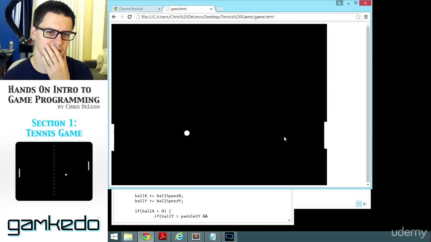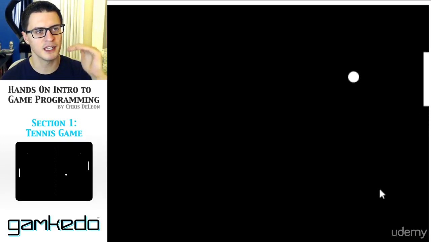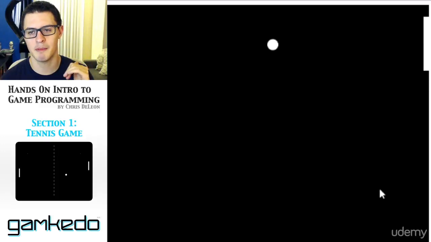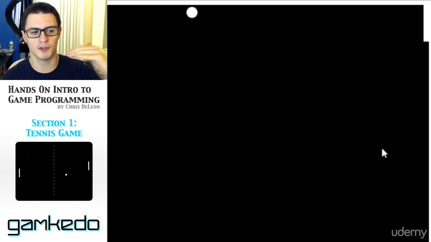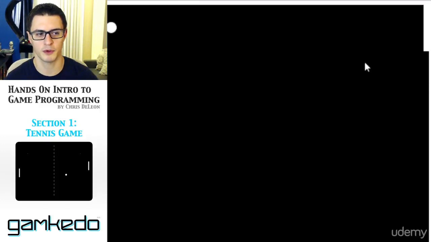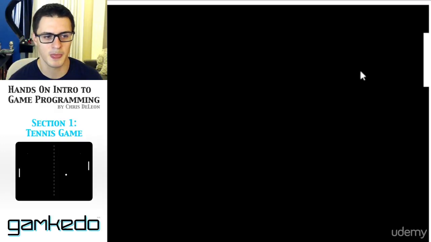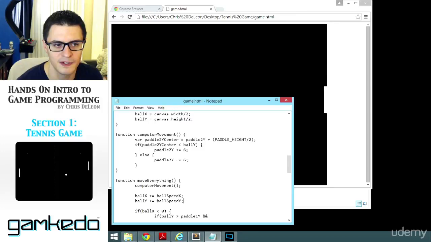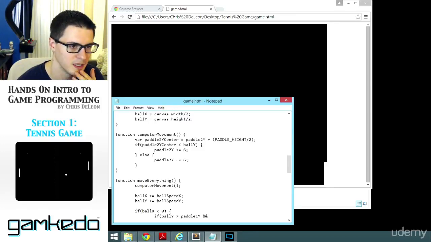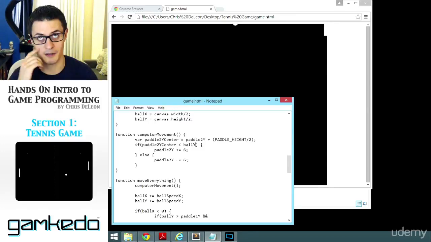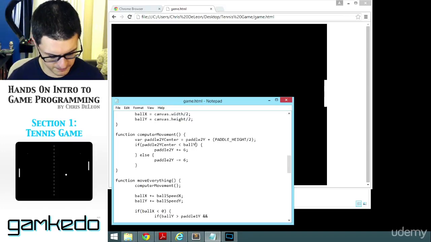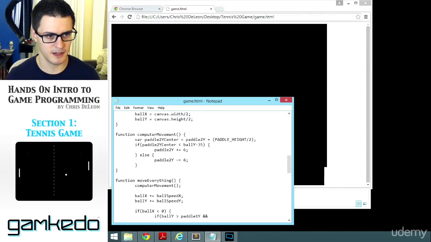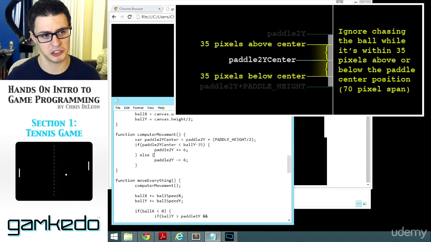Now there's another problem with this though, and you see it's very, very shaky and jerky. Right? And what's happening is it's moving a full 6 units every time, even if it doesn't need to. So it's overstepping, understepping, going back and forth with the ball. And we can kind of alleviate that a little bit if we say, okay, once you're close enough, stop moving any closer. Right? So instead of saying if it's above it, if it's above, I don't know, 35 pixels of it, ish,